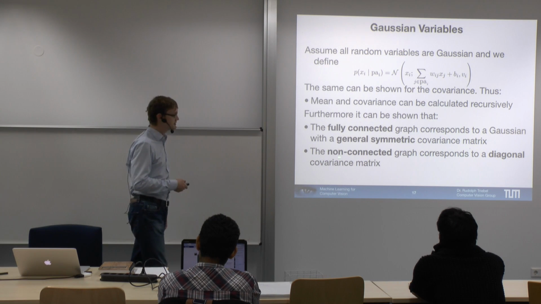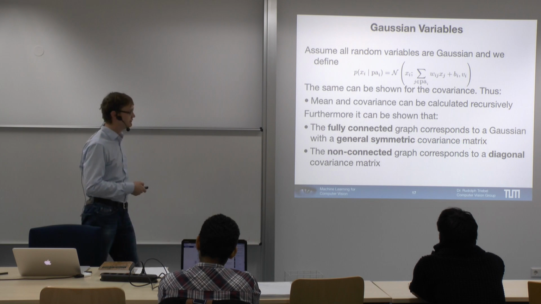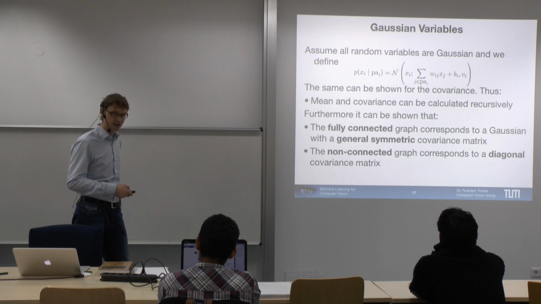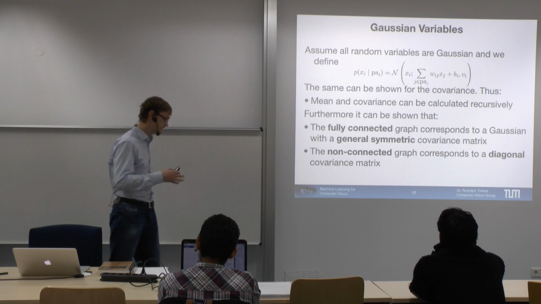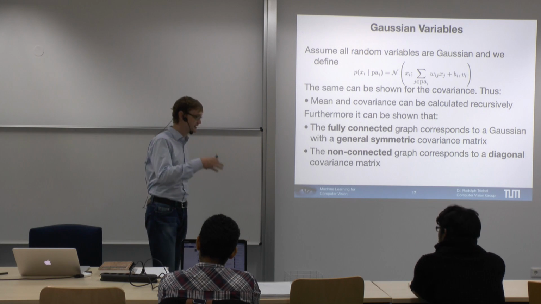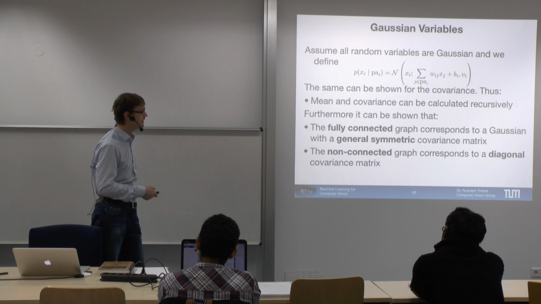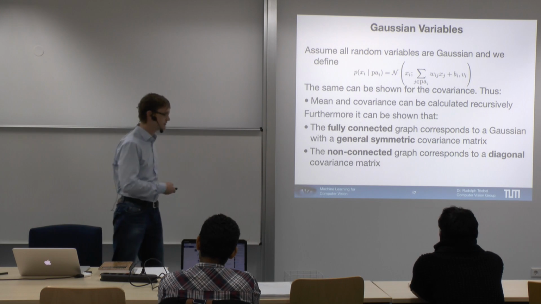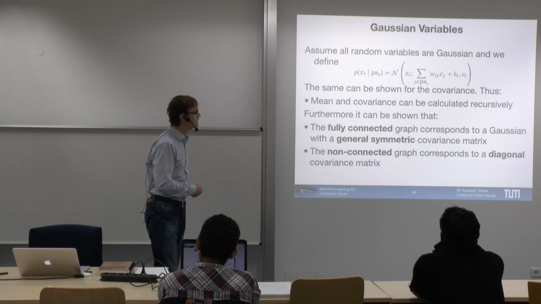The more efficient case is if we have no connections whatsoever in the graph, and this then corresponds to a diagonal covariance matrix, right? Diagonal just means that we only have variances between the variables, that every variable has a variance to itself, but there's no covariance between two different variables, right? Okay,